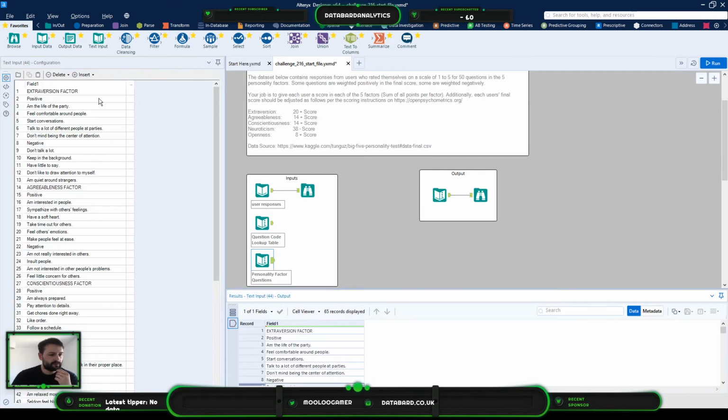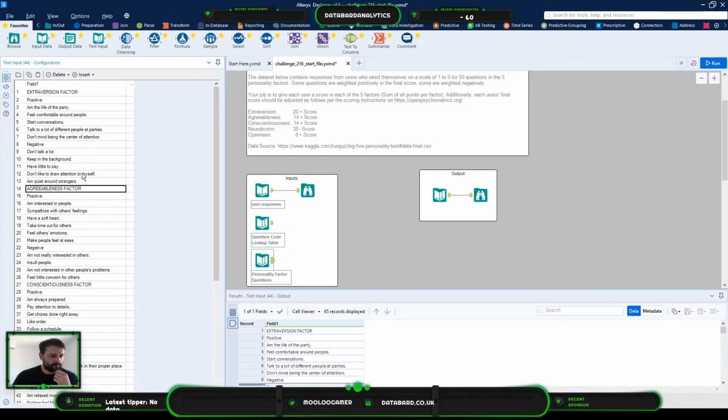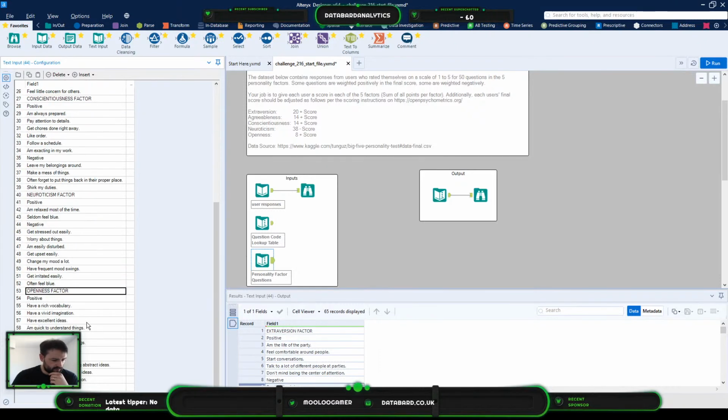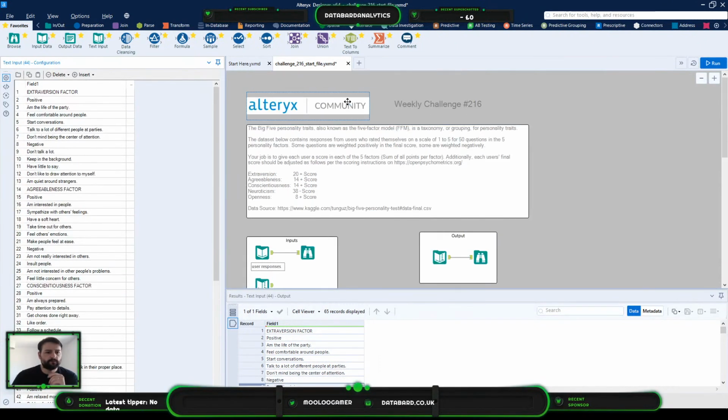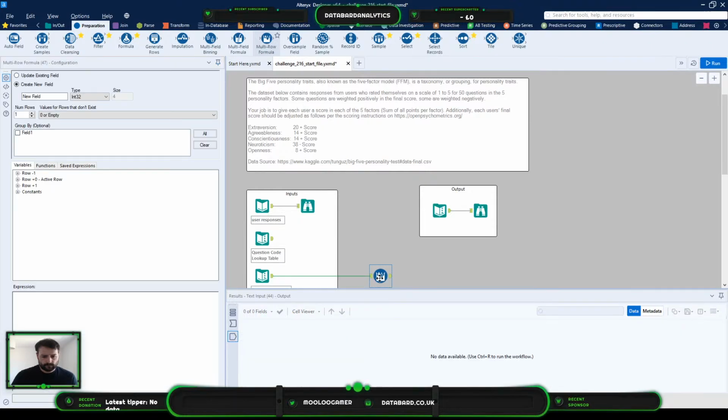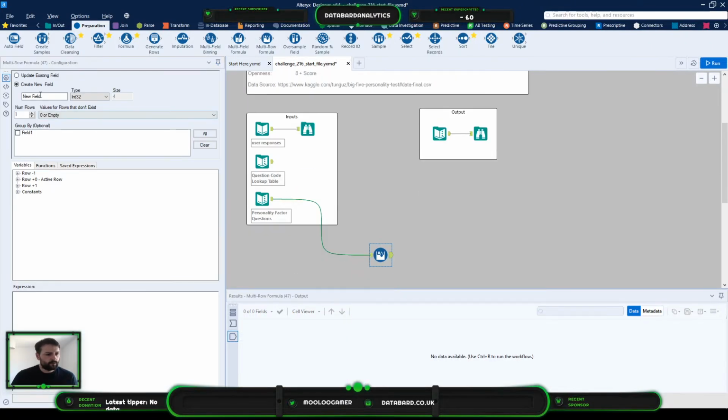Okay. So the first thing is we need to work out whether they're an extroversion factor or an agreeableness factor. So if they contain the word factor, it's that title line. So I'm going to bring out a multi-row formula. And we are going to create a new field called factor type. It's going to be a string, and it is going to be,